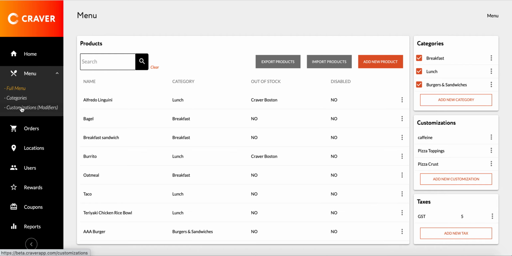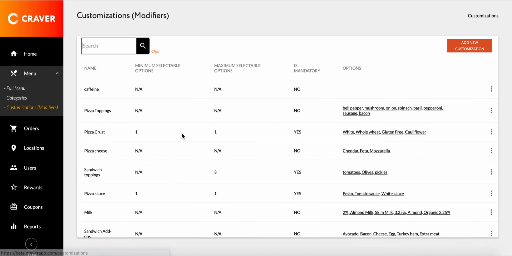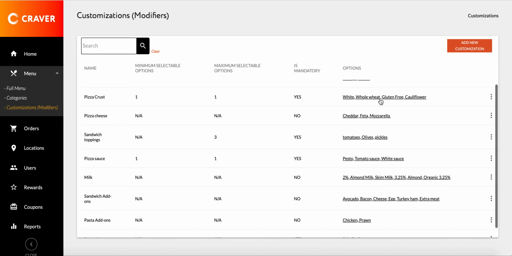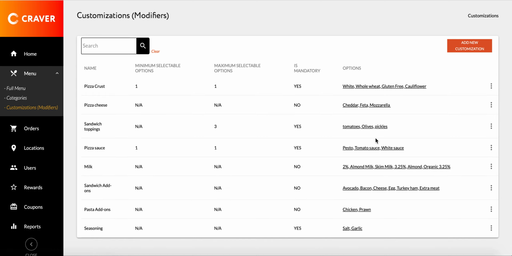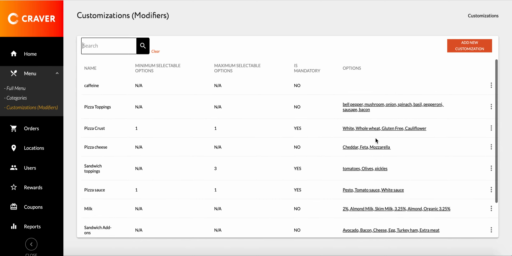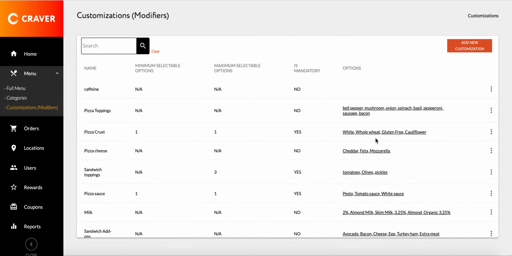If you go to the customizations page, you can see all the customizations that you currently have, with their options on the right side. First of all, look for the customization that you're trying to create. It might already be here, so you might not want to create a duplicate, and you can just use the existing ones and connect it to the products. But if you don't find what you're looking for, you can create a new one by clicking on